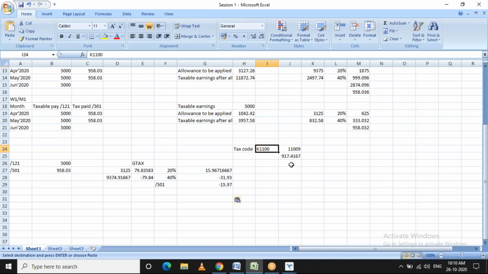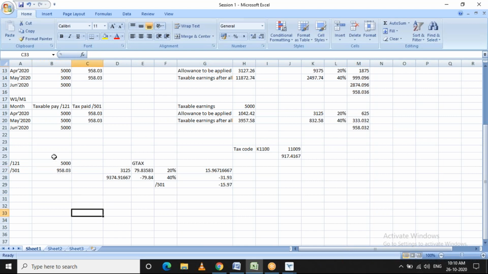Now what the system will do is, instead of reducing this allowance value from the total taxable earnings, it will add this value to the taxable earnings. That is, your taxable earnings for this period will become this much. Clear? Okay, fine.